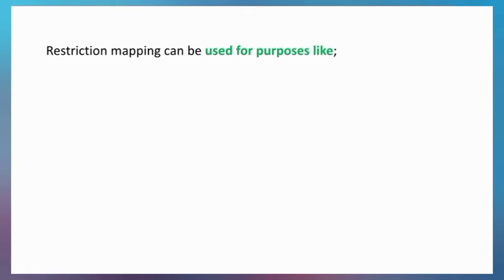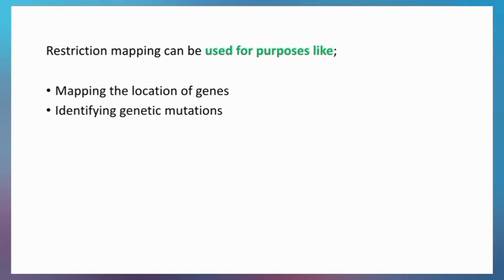So we can use restriction mapping for a lot of purposes. We can use it to do a lot of stuff like mapping the location of genes. Let's say we have a particular DNA and then we want to find out whether gene 1 comes before, let's say, gene 2. We can do restriction mapping to find out that, and we can also use it to identify